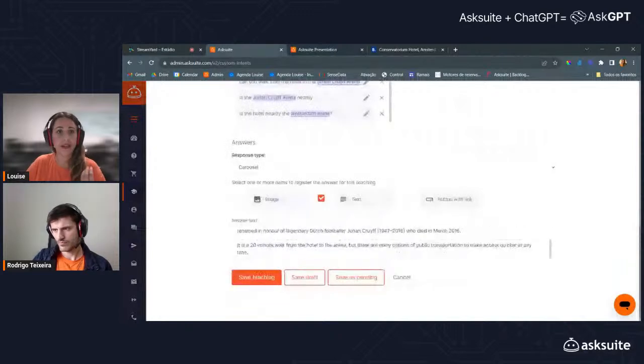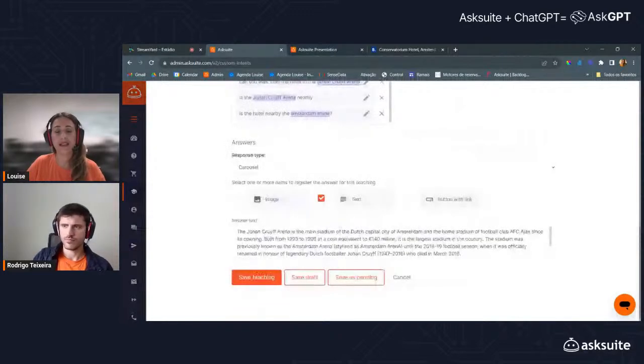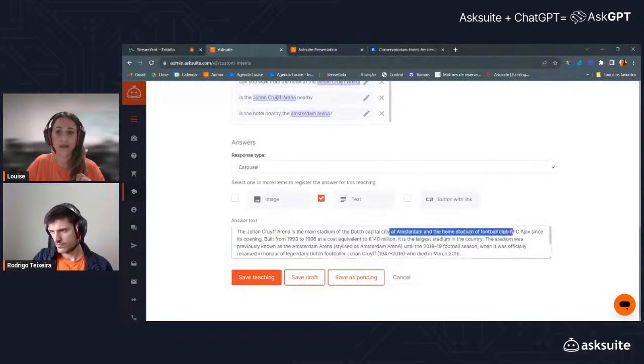And with the Ask GPT integration, you see that it can answer about a specific point. I'm going to ask the robot, what team plays at the Amsterdam Stadium? We have here on this answer that it is the home stadium of AFC Ajax, okay?